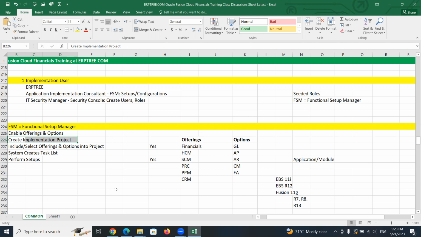For now, we are going to create an implementation project. We are going to include financials and the other offerings we require in our implementation project. Let's see how to create an implementation project.